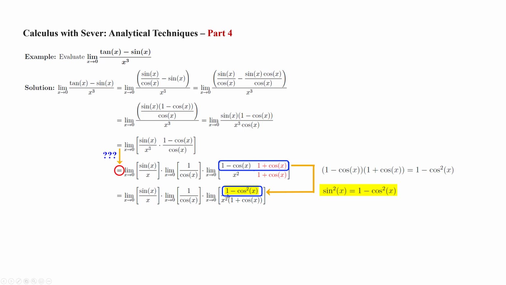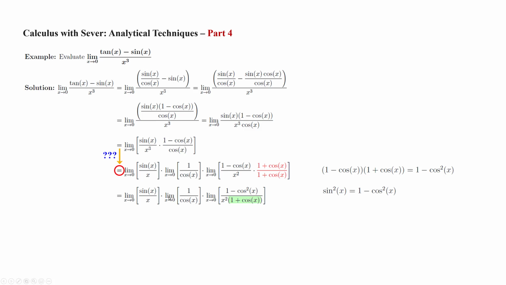We know that's sine squared, so I'll make a replacement for sine squared, and you can replace 1 minus cosine squared with sine squared because they're identical. They're equal as functions. And I'll remove, for simplicity, this 1 plus cosine x. Where does it go? As x goes to 0, that goes to 1 plus 1, which is 2. I'll move that out,